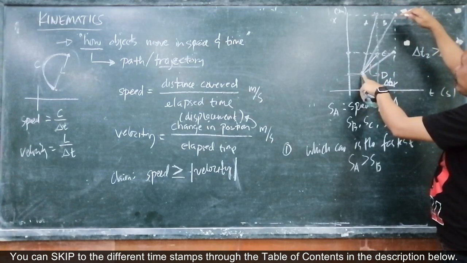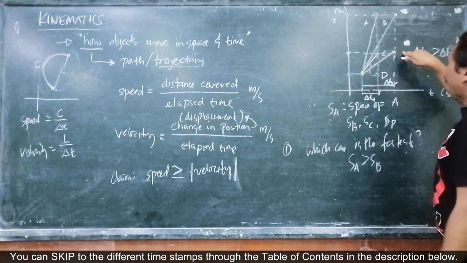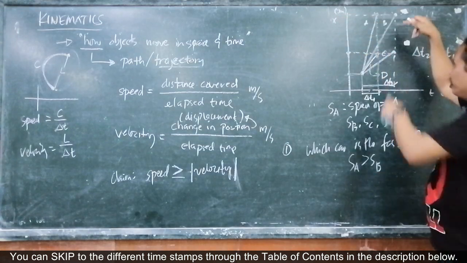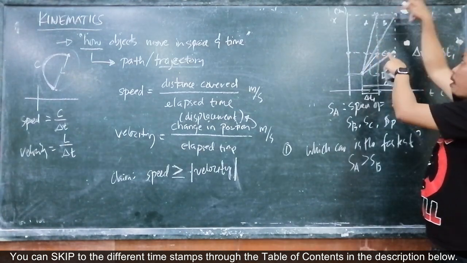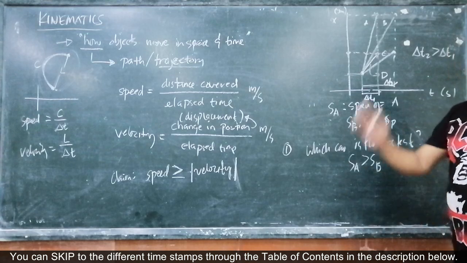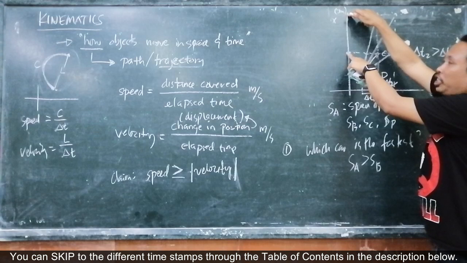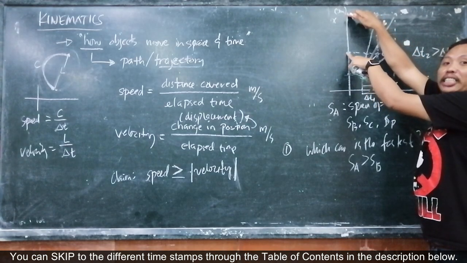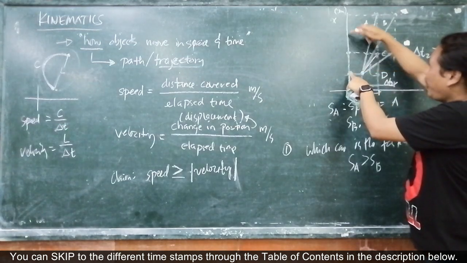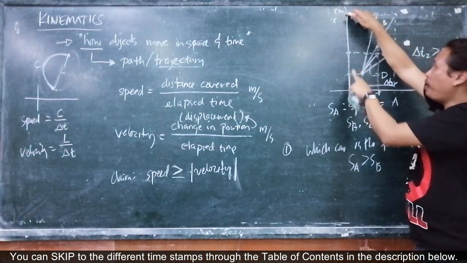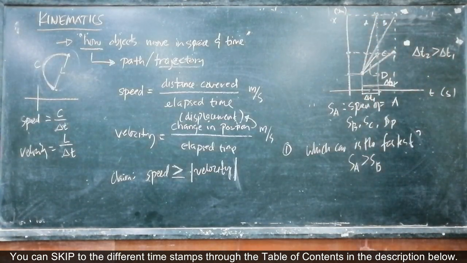Whereas B and C, although B has the same destination as A, and C has the same destination as D, they arrived much later than the two, right? At the same time also, B and C arrive at their destination at the same instant. When B reached this point here, C has also reached this point here, at exactly the same time. They left at exactly the same time, and B reached this point the moment that C reached this point. Also the same with A and D.